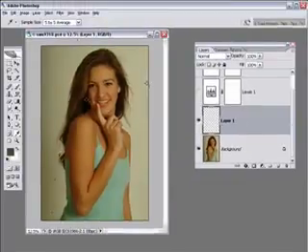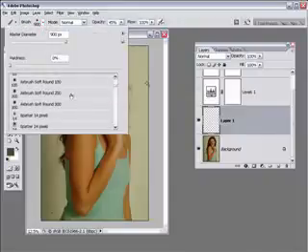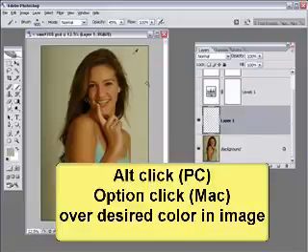But the easiest way to get rid of this little fringe over here is to get your airbrush tool. So I'll go in here and select a nice airbrush, soft round, move it into the document window. If I need it bigger, I will click the right square bracket key a couple times. If you need it smaller, left square bracket key, a visual way to set that. Now when you have the brush tool selected, you can also select color. So what I'm going to do is Alt click on a brighter area that I want to even this tone out with. So I'm going to click over here, and notice how that sets the foreground color to that color,